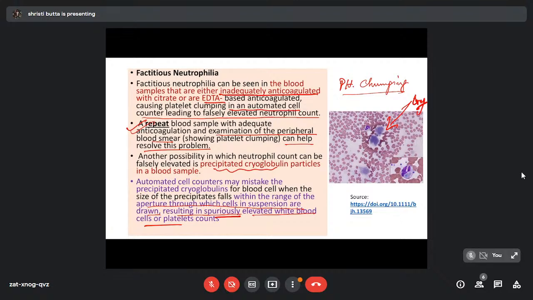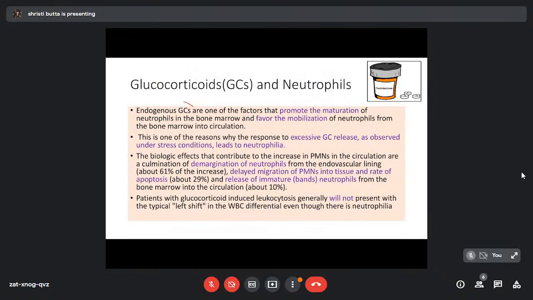Endogenous glucocorticoids are one of the factors that promote the maturation of neutrophils in the bone marrow, as is very well known to us. Yes, they promote the maturation as well as favor the mobilization of the neutrophils. This is one of the reasons why a response to excessive corticosterone release has been observed under stress conditions, leading to neutrophilia. The biologic basis behind it is that there is